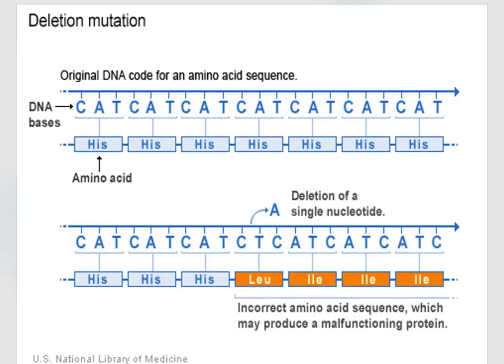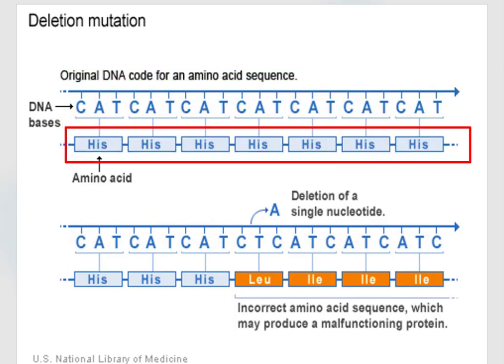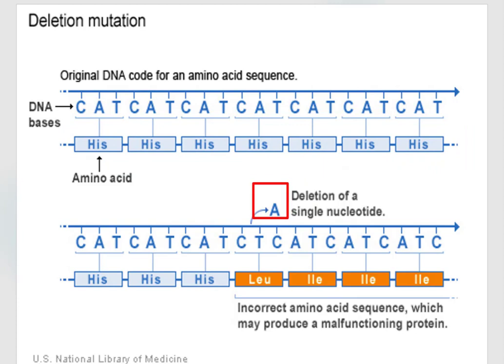As we can see from the diagram, the original DNA codes for the amino acid sequence are CAT, CAT, CAT, CAT, CAT, CAT, and CAT, which all code for histidine. If A is deleted at the fourth triplet code, the reading frame is completely changed and results in a completely different and malfunctioning protein. Let us see from the diagram how the reading frame gets changed due to deletion of base